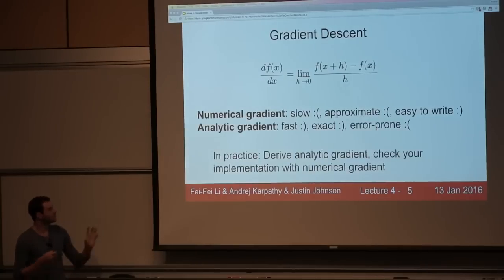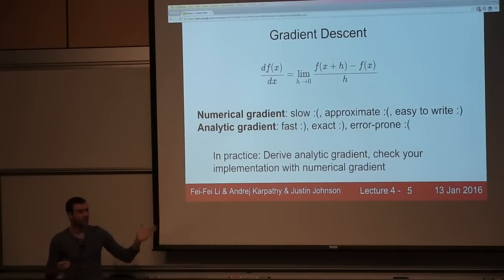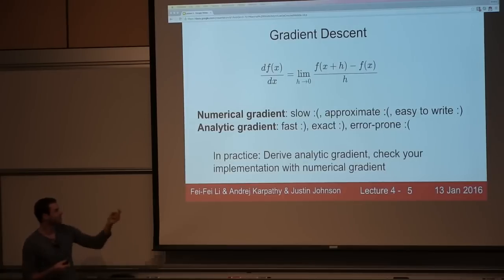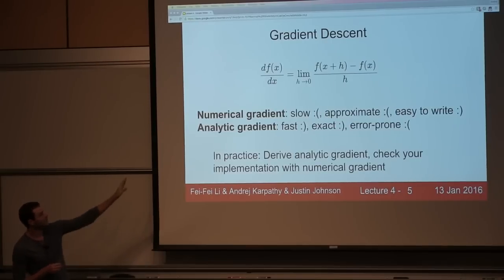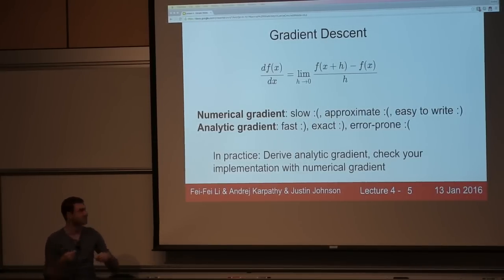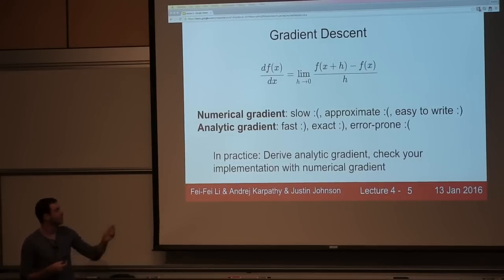Now, we also saw that there are two ways to evaluate the gradient. There's a numerical gradient, and this is very easy to write, but it's extremely slow to evaluate. And there's an analytic gradient, which you obtain by using calculus, and we'll be going into that in this lecture quite a bit more. And so it's fast and exact, which is great, but you can get it wrong sometimes. And so we always perform what we call a gradient check, where we write all the expressions to compute the analytic gradient, and then we double check its correctness with the numerical gradient. You're going to see that definitely in the assignments. Okay, so